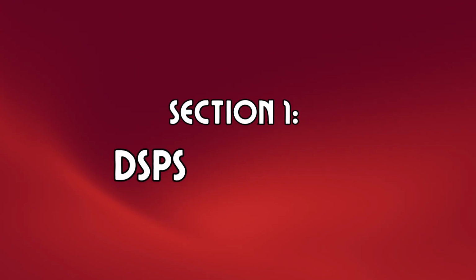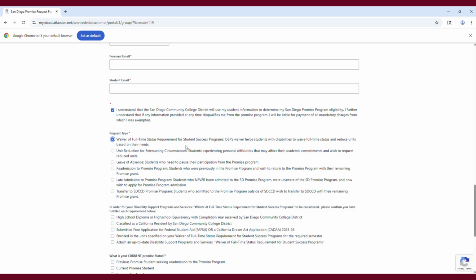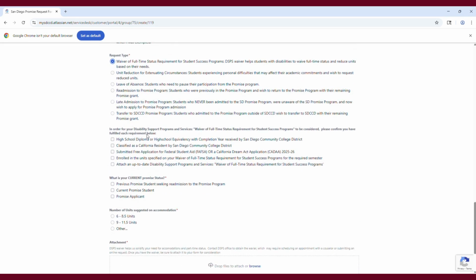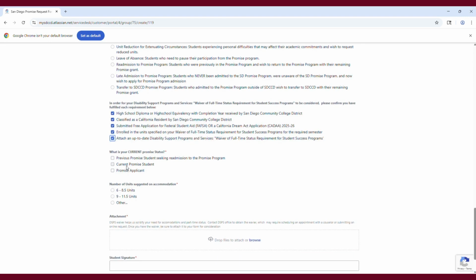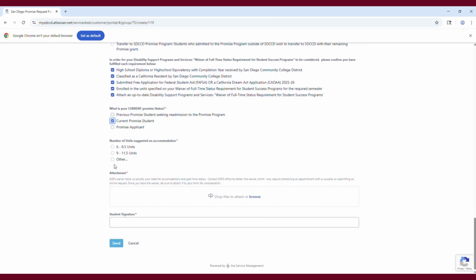Starting off, we have the DSPS petition. For students that are affiliated with our Disability Support Programs and Services, they are able to request a waiver of the full-time status requirement from their DSPS counselors. To upload the form, they'll select the waiver under request type. They'll then indicate that they are meeting all Promise requirements. You'll want to indicate their Promise status or affiliation at the time that they are submitting the form and their